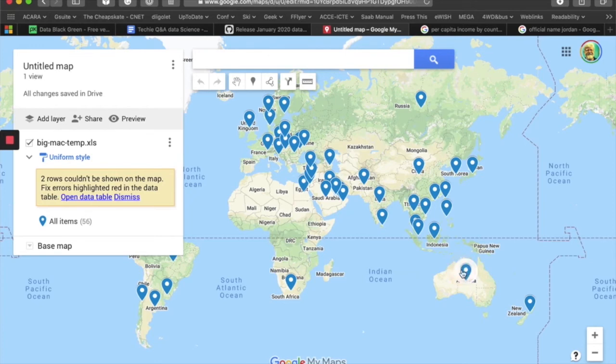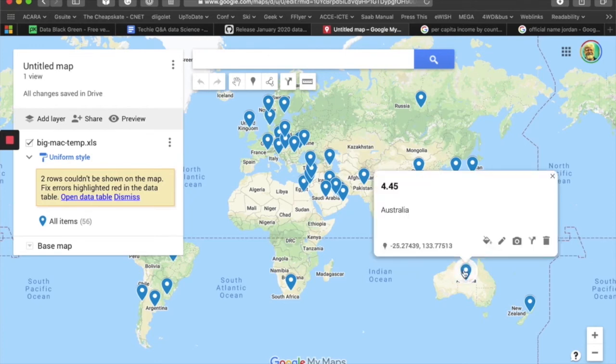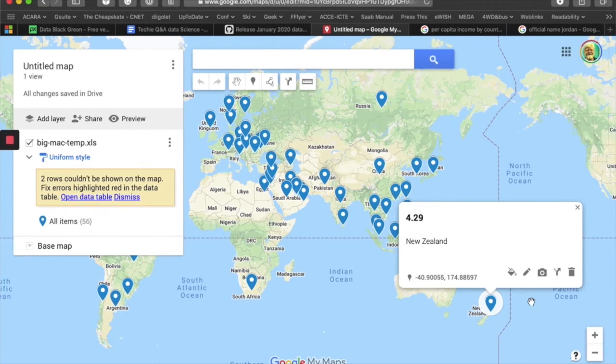and each of these is now labelled with a little traditional map marker. If we click on them, we see how much it costs in Australia, and we see the lat long that they're using for that country. And we'll see here in New Zealand that it's $4.29. So the kids can explore this a little bit and see where things are,